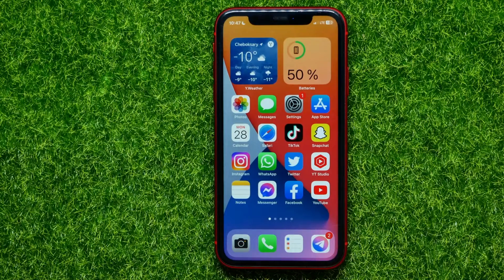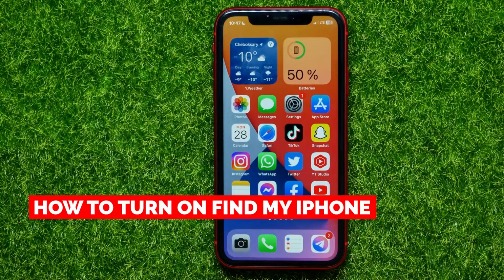Hello guys, welcome back. In this video I will show you how to turn on Find My iPhone feature on